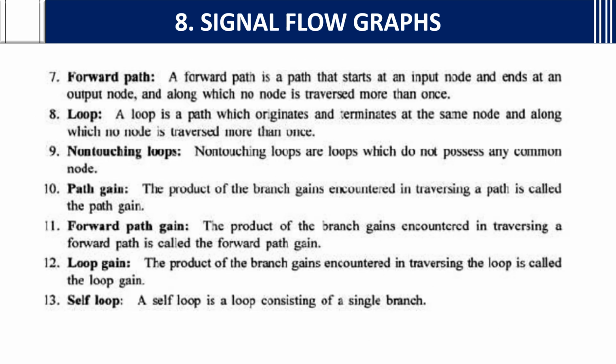Forward path. A forward path is a path that starts at an input node and ends at an output node, along which no node is traversed more than once, from input node to output node. Loop is nothing but a path which originates and terminates with the same node, and along which no node is